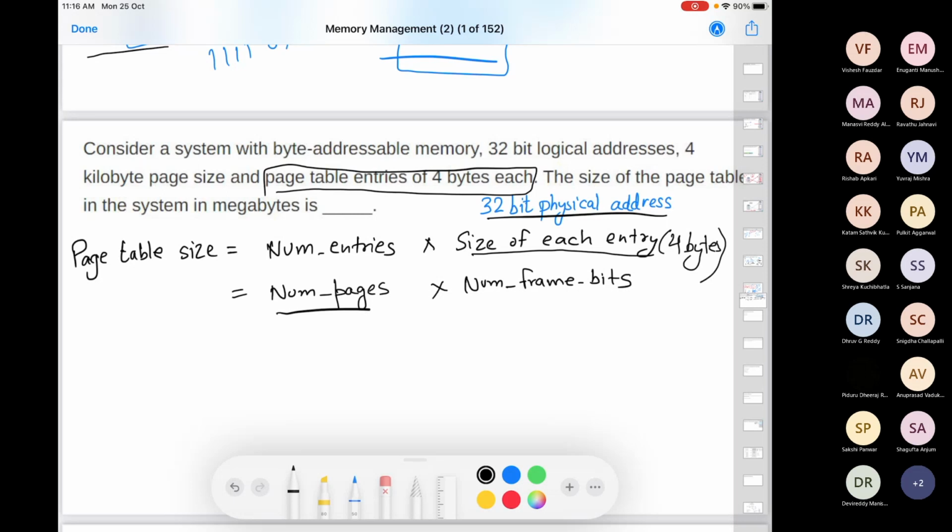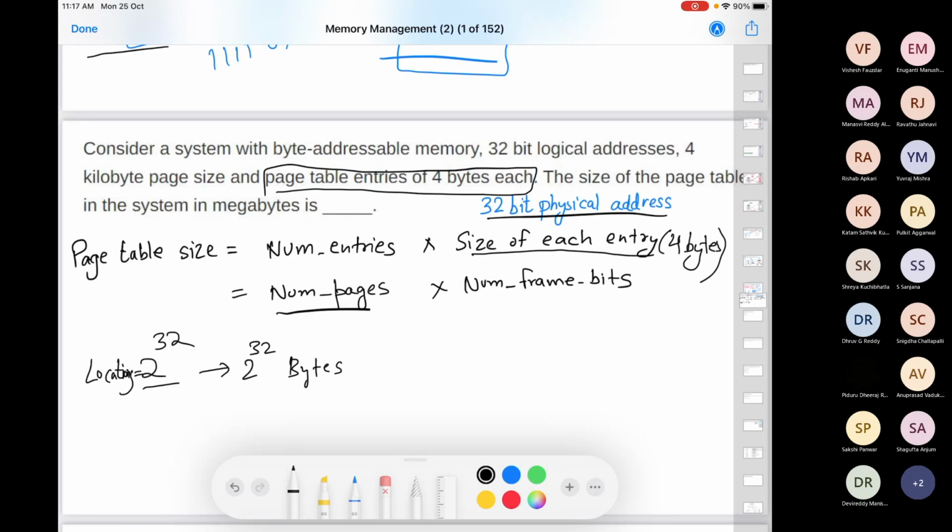So we have a 32-bit logical address. With a 32-bit logical address, we can address 2 raised to the power 32 locations, right? And what else do we need? We are given a 4 kilobyte page size, right? Whenever it is not given how many byte addressable the memory is, we are going to assume that it is 1 byte addressable. So since it has 2 raised to the power 32 locations, each location has 1 byte. So we have 2 raised to the power 32 bytes, right? The virtual address space which the process requires.